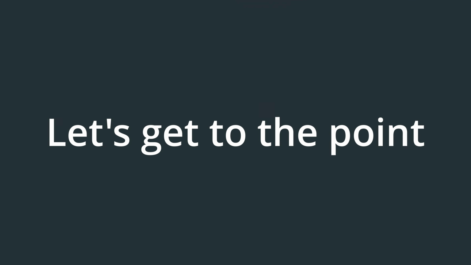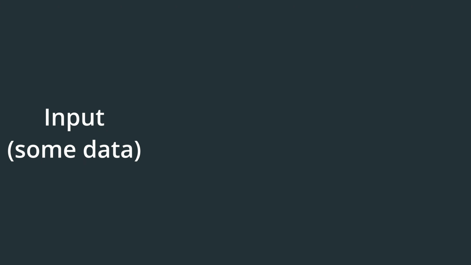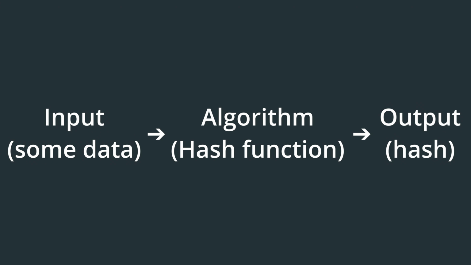The simplest explanation of what hashing does is that it is a process that takes in a piece of data as an input and produces another piece of data as an output. This output is called a hash, and it is always the same size, no matter the size of the input. The output is determined by an algorithm called a hash function. So the main purpose of a hash function is to generate a repeatable and unique value with a constant size